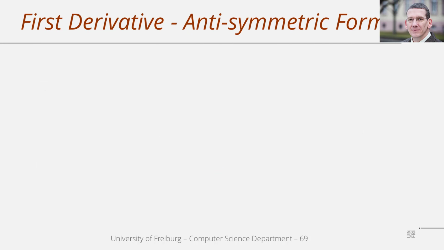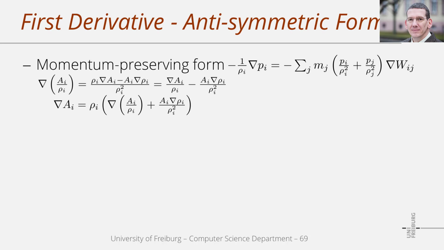The first alternative formulation is the so-called anti-symmetric form that is often used to approximate the gradient of the pressure field. The SPH approximation for the respective pressure acceleration is shown here, and the main motivation for introducing this form is the fact that the corresponding particle forces preserve the linear and the angular momentum of a particle system. So in particular, the sum of all pressure forces is zero,